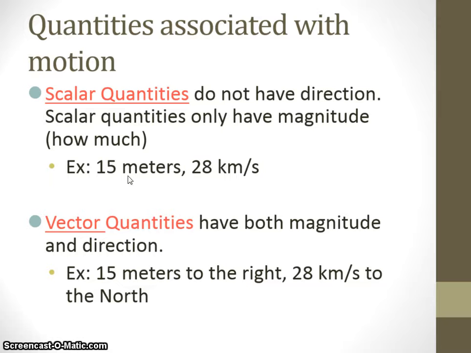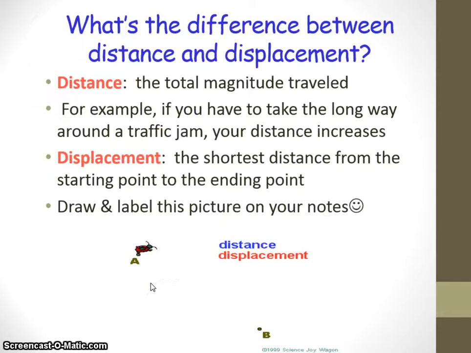The scalar has only a magnitude, 15 meters, but no direction. It has an amount, but no direction. 28 kilometers per second is the amount, but there's no direction. So a vector does have the direction, like north, south, east, west, left, right, up, down, forwards, or backwards. So when an object moves,